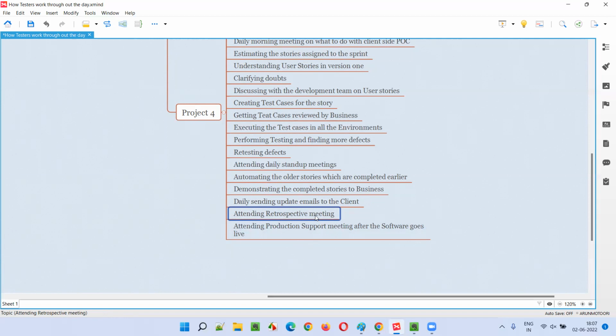Scrum master and all used to be there, and we used to discuss what went well in the previous sprint and what didn't go well, what are the improvements we can make in the next sprint, and all those we used to discuss. And finally, guys,